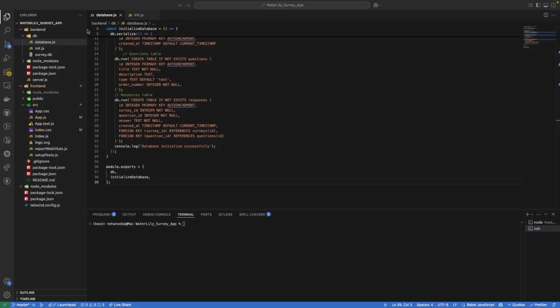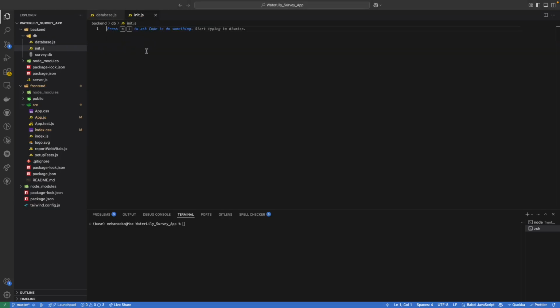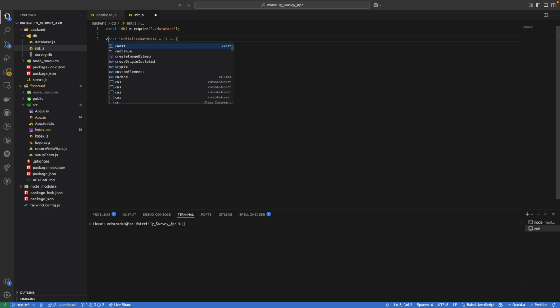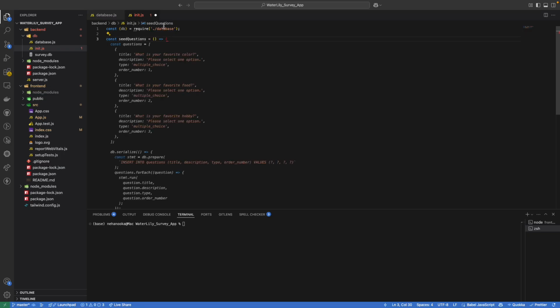Let's go to init.js. So we are using init.js to pre-fill the questions which we are going to show. So let's import the database, it is inside the database.js. So let's import it from database.js. Okay, we can name it as seed questions because we are going to seed it. So seed questions, and okay,